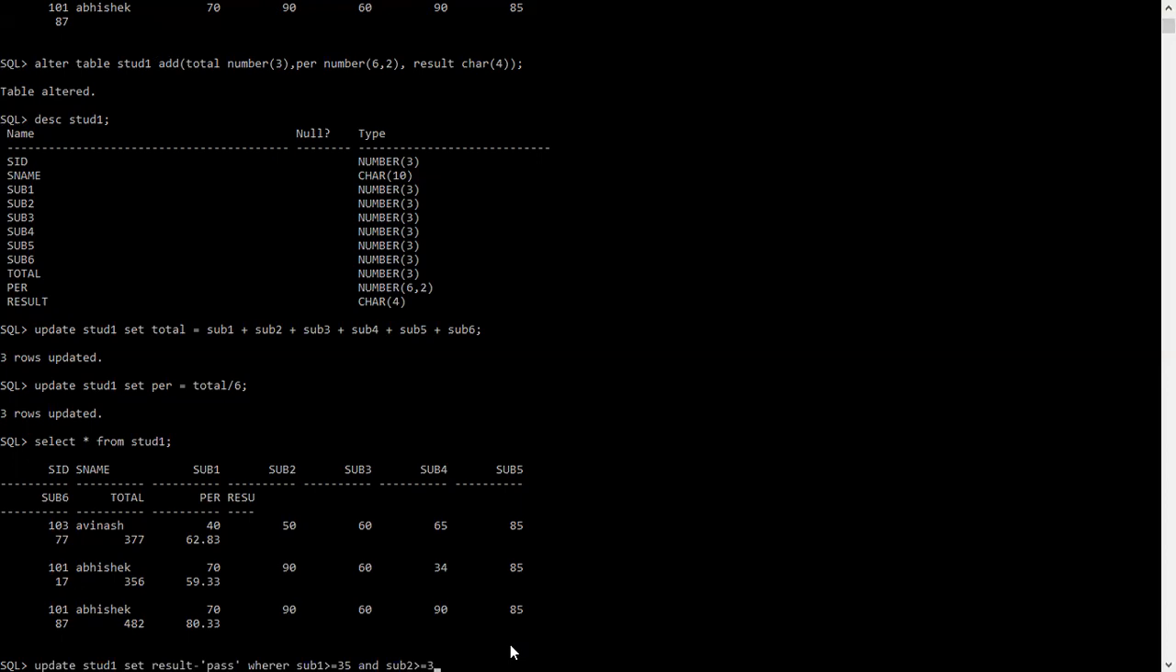Subject2 is greater than or equal to 35, and subject3 is greater than or equal to 35, and subject4 is greater than or equal to 35, and subject5 is greater than or equal to 35, and subject6 is greater than or equal to 35. Okay, see here, the query is update stud1, set result equals to pass. So here I need to mention the equal to sign. Result equal to pass, where